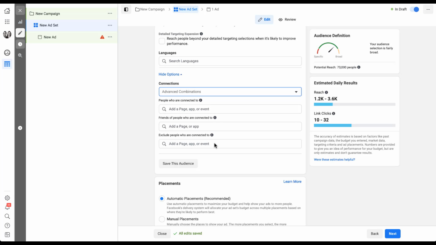So here you could say anybody who is a friend of somebody who's connected to my page or app, but also exclude anybody who is connected to my event. Lots of different combinations that we can have in here to make sure that you're reaching only the right users